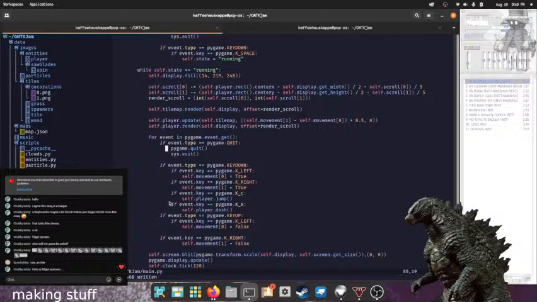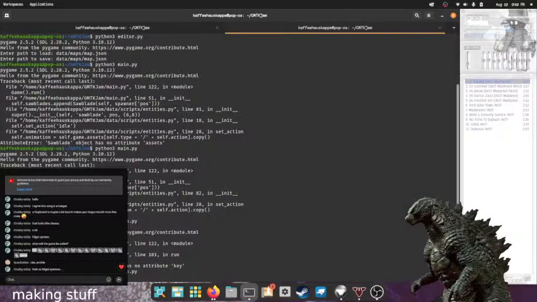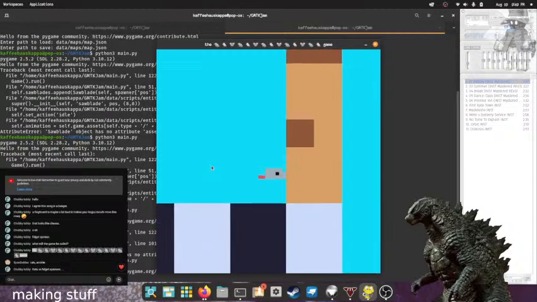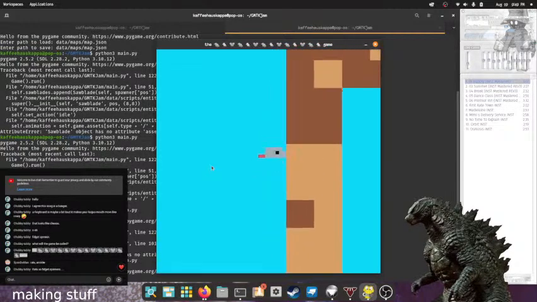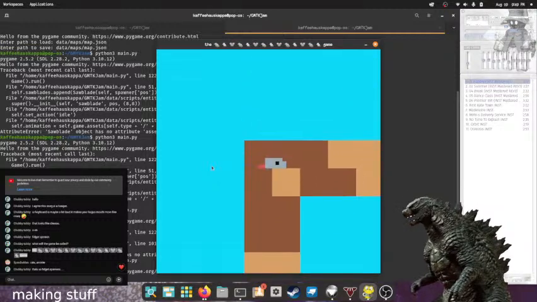I probably just messed up tabs and oh, yeah, there we go. Finally. Okay, so this, oh, it's not letting me walk it. There we go.